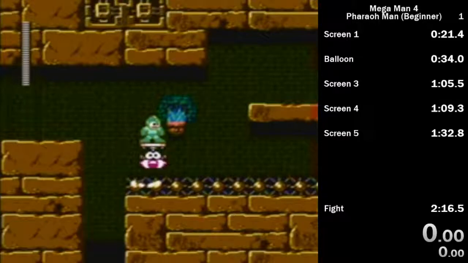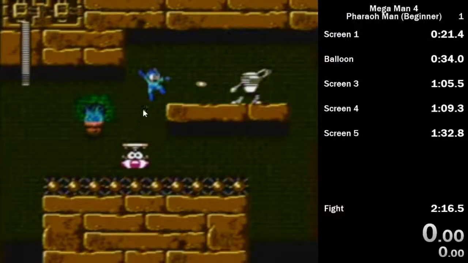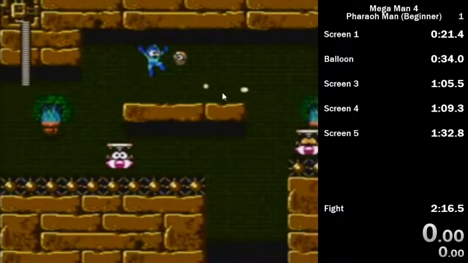So I'm going to land on this guy. We're going to ride him. When I get to this lamp, I jump up and I release my charge. That's going to hit the mummy, and then as soon as I land back down, I jump back up. And as I'm landing on this ledge, I'm just going to shoot my 3 extra shots because they have 6